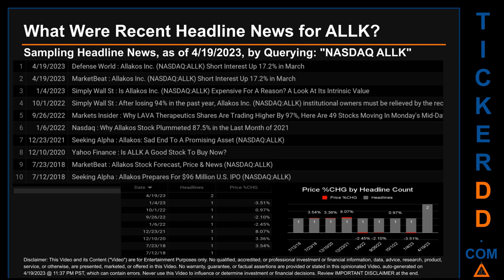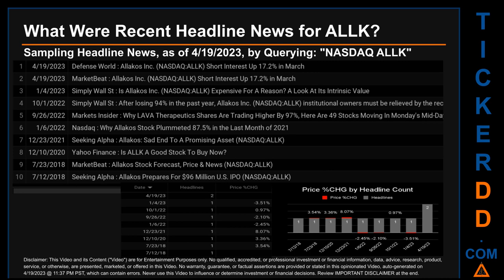The latest publication date was the day with the most found headlines. I have not yet received pricing data for that day, so cannot calculate the day's percentage change in price. The latest publication date of Wednesday, April 19, 2023, was actually the day with the highest percentage change in price. It saw a price jump of 8.07%.